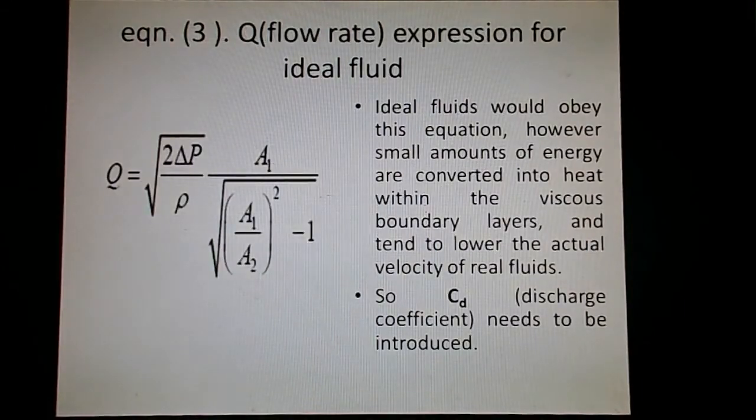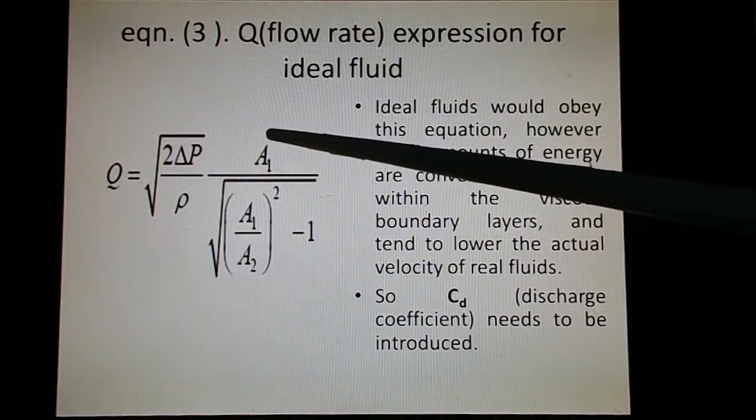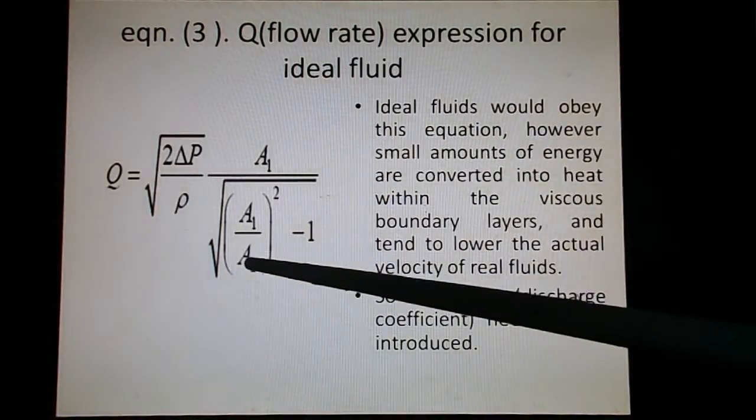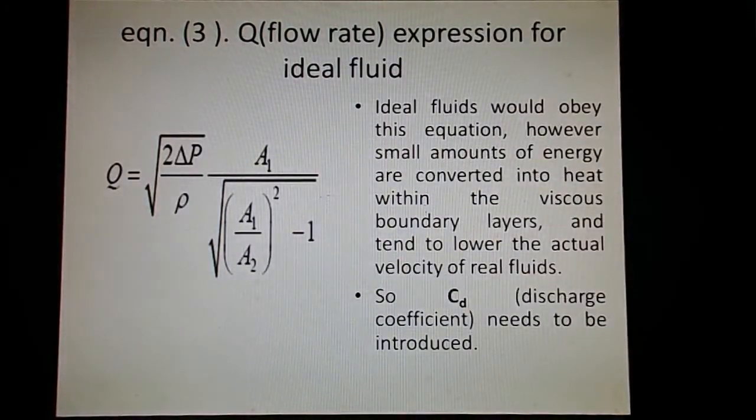This is equation 3. This equation gives you the quantity of flow related with differential pressure delta P, and of course we are using area of cross section A1 and area of cross section A2. This equation is for ideal fluid. In the ideal fluid we are not having viscosity, but in real fluids you are having viscosity,